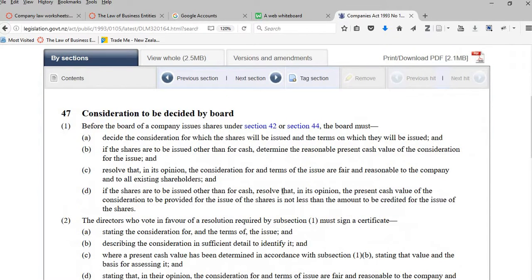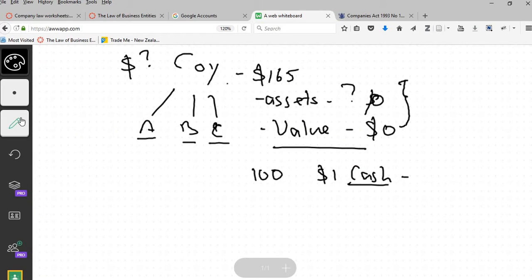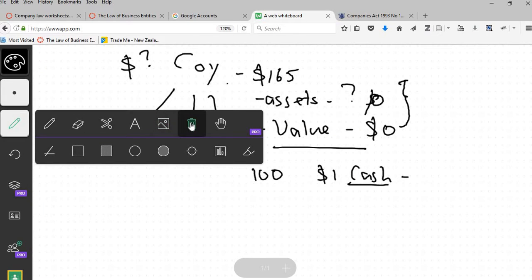Now, the main thing to focus on here is valuation. If you issue new shares, you must value them. And the value that you give must be determined as a reasonable present cash value. We won't go into the accounting issues of that. And it must be fair and reasonable to the company and all existing shareholders. Now, what that means is if we have a share issue,